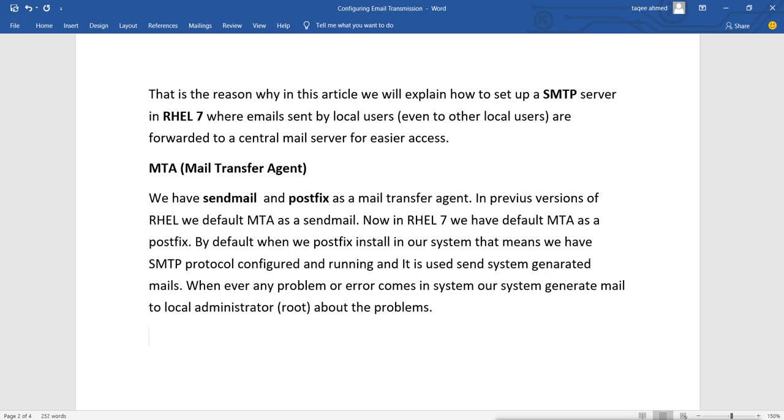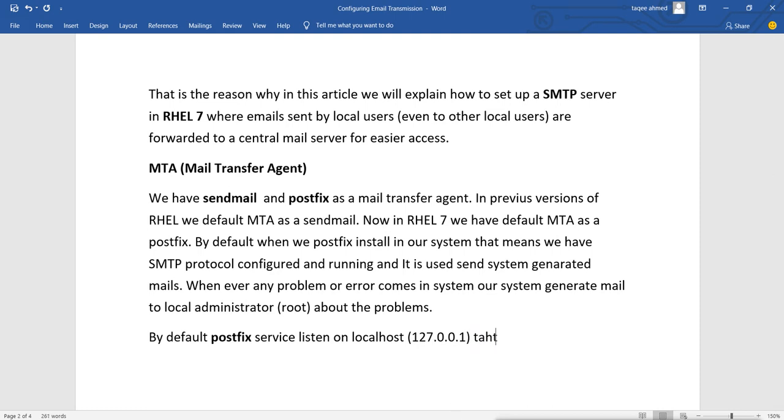So by default, our Postfix MTA, or we can say service, listens on localhost. Localhost means it listens on the 127.0.0.1 address.